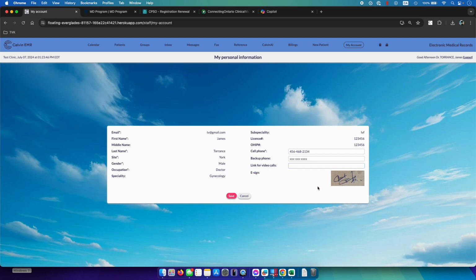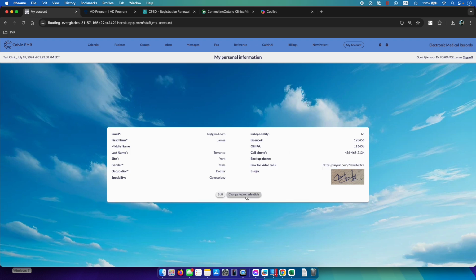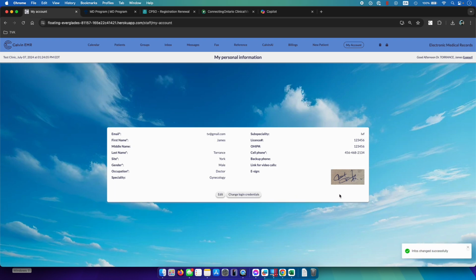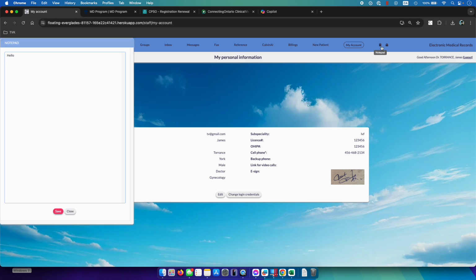Okay, and also there's an e-signature. So this will be scanned by your admin. This will be added to any prescription you do, or any letter you send. Yeah. Let me move this one. There. Okay. All right. The account number, and then last thing is, like I showed you before in the first video,